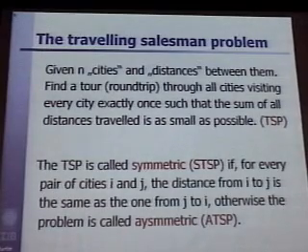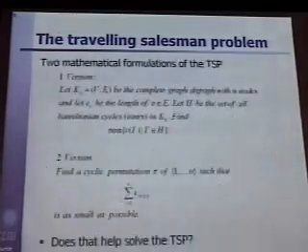So I'm doing a lot of practical work, and I'm having contact with many companies. And what very often happens is somebody phones me up and says, I have another traveling salesman problem for you. But it has nothing to do with traveling salesman, it's just combinatorial optimization, but they think this is traveling salesman. Now there are several versions of it. The symmetric TSP, the STSP, is the problem when you have symmetry in the distances. From i to j is the same distance as from j to i, and asymmetric if this is not the case, and both problems exist and are serious practical problems.